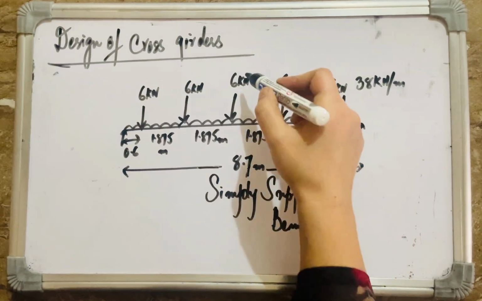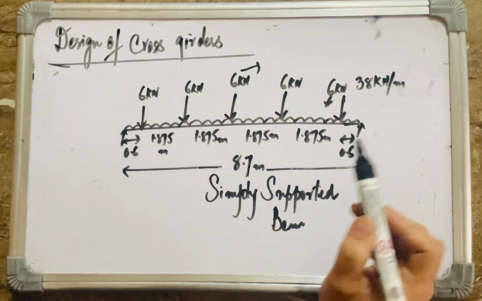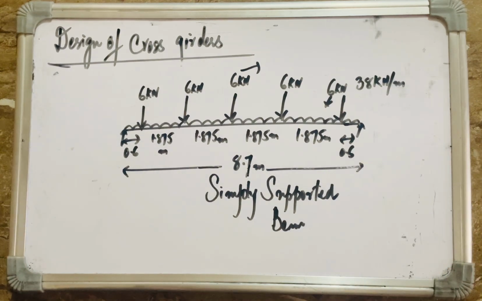Dead load due to the stringer beams, including connectors, and dead load due to its self-weight and due to self-weight of the slab and the wearing coat. Now we have to calculate the dead load maximum moment and maximum shear force. Then we'll see the live load conditions according to IRC Class A track vehicle, and then we'll calculate the maximum moment and the shear force according to the live load conditions, and we'll be summating the two. That will be our design moment and design shear force after applying the impact factors on live load moment and shear. All right,